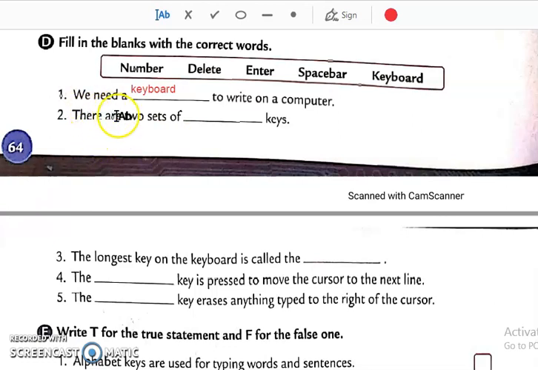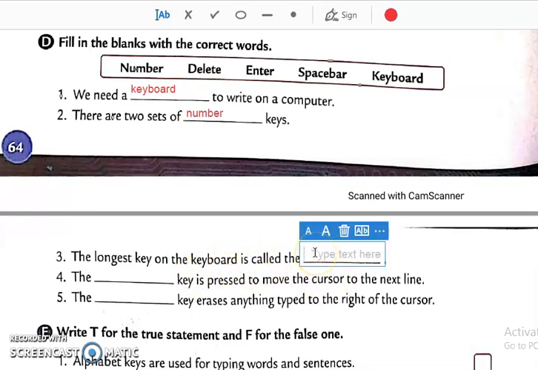Then there are two sets of, कौन सी कीज के two sets होते हैं? Number keys. So write over here number. Then the longest key on the keyboard. Which key is the longest key? The space bar.